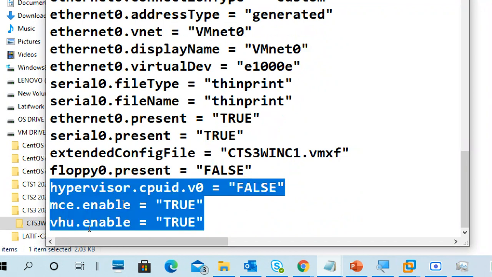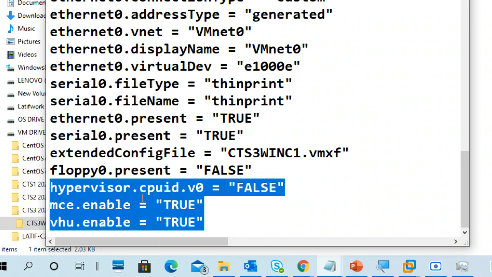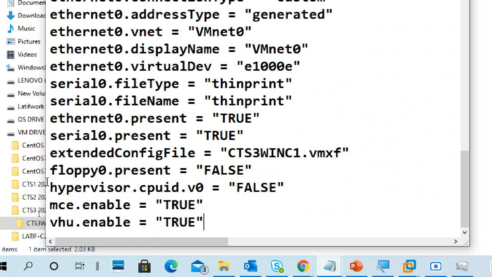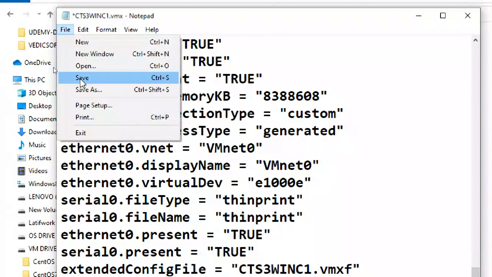Otherwise you can note it down, and make sure the caps, small letters, zeros and o's are correct. If you are typing on your own, otherwise you can take it from the WhatsApp. These three lines help with nested virtualization, meaning you can install Hyper-V in your virtual machine.